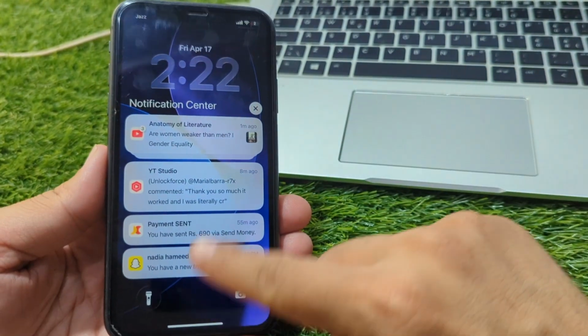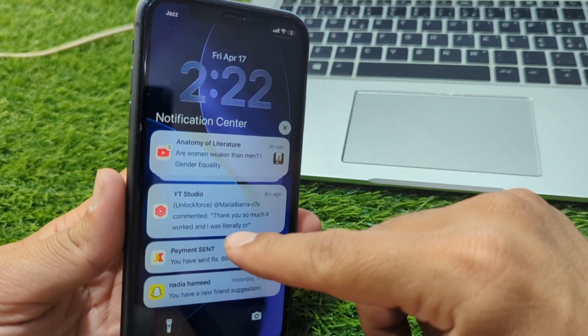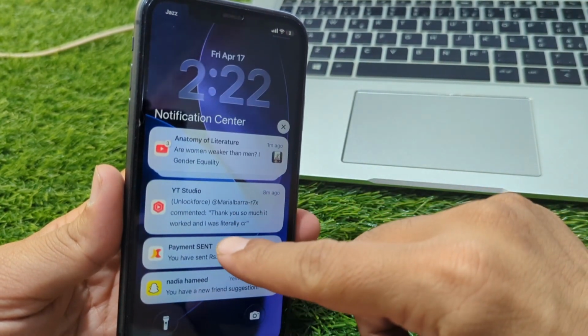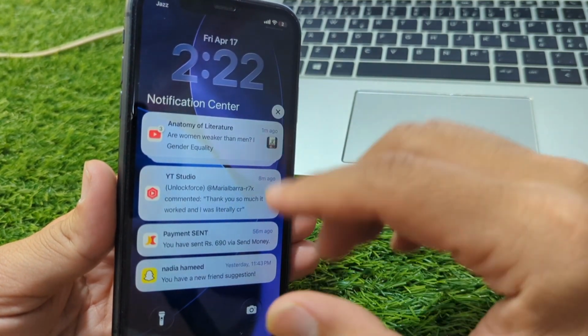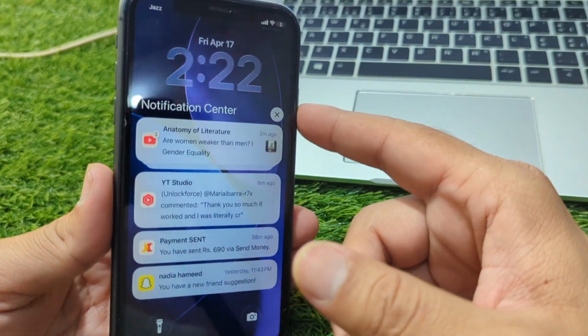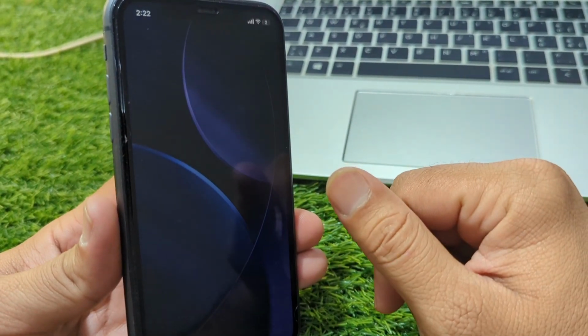If your device is unlocked, you have to simply swipe down the notification center, and if you swipe up the notifications, then you will see older notifications one by one. So guys, this is the first way, and if your device is locked, then you have to simply swipe up the notification center,